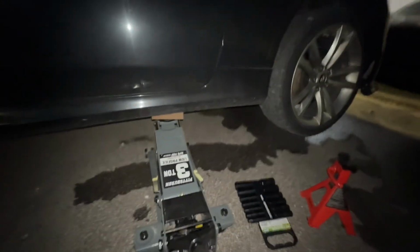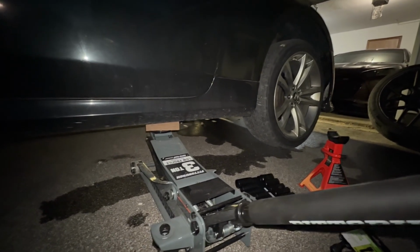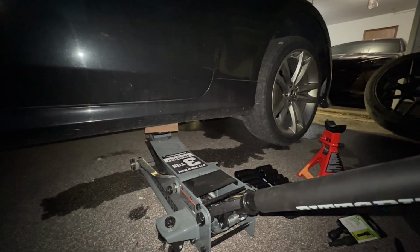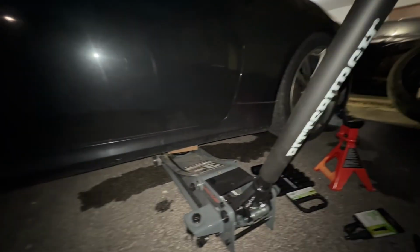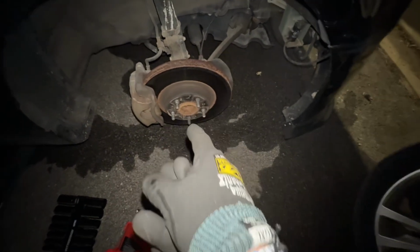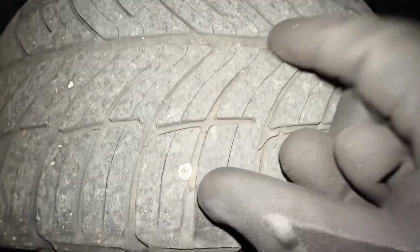And you don't want bad things to happen to your Hyundai Genesis Coupe after you spent all these long hours, alone, in the dark, sad, cold. No, I'm just playing. But, oh, yep, don't do what I do. Just got the front passenger off and yo, look at the, I mean,